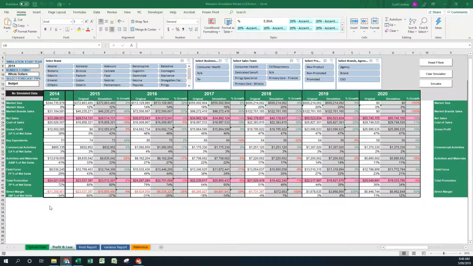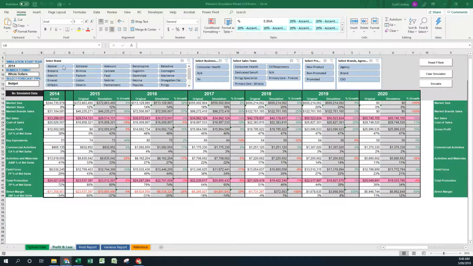This is an example of a forecasting tool we developed for a pharmaceutical company. It has a number of options across years with actuals, originals, and there's also a simulation concept that they had for this particular project. It was pretty complicated, where they could simulate various options into the forecast that they wanted